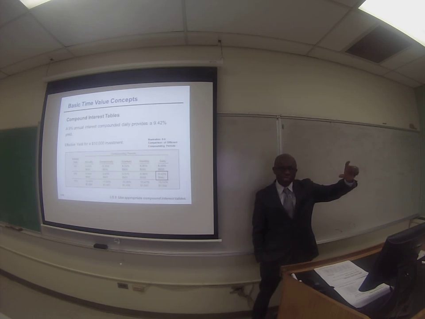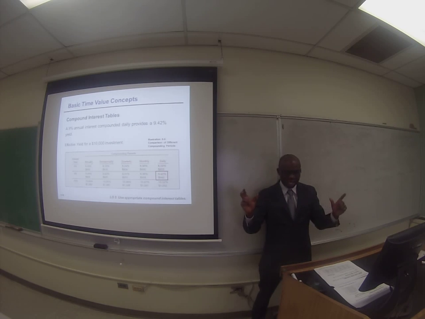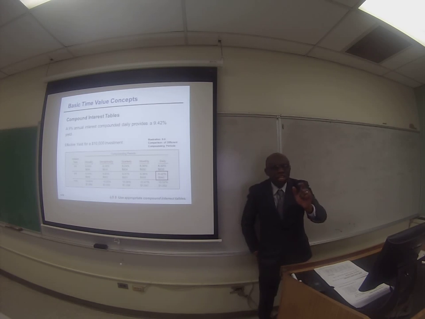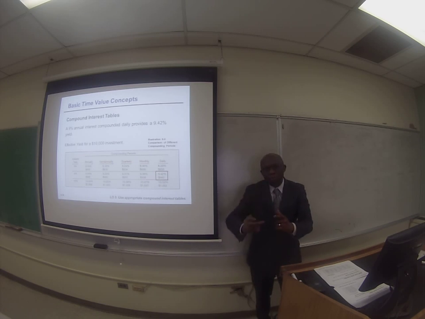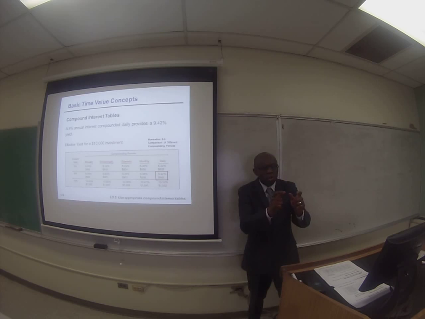Even though the problem specified 9%, because we are computing interest daily, we are going to wind up with $942 as interest in 1 year. See, by so doing, the interest rate that we are actually getting is not 9%, rather it is 9.42%. That is the power of compounding, because when we compound the interest in 1 day, the interest we earn